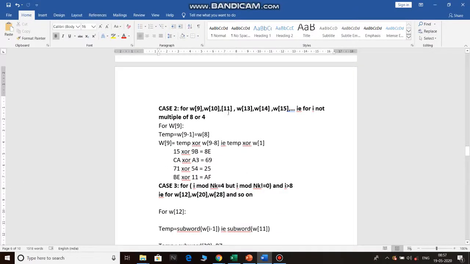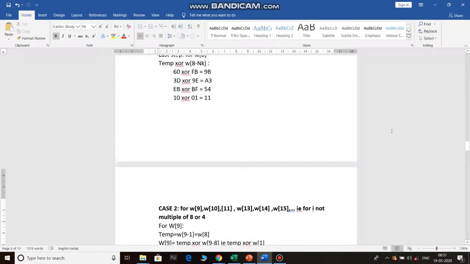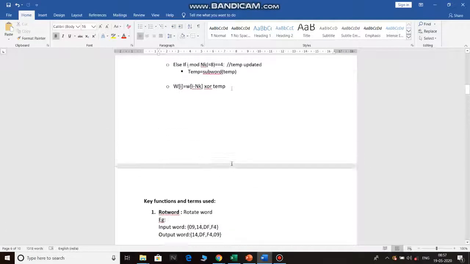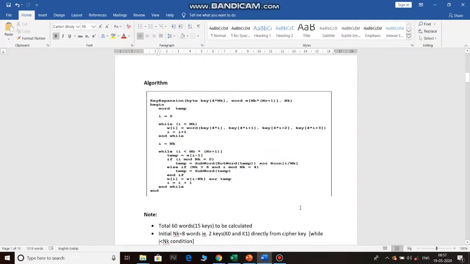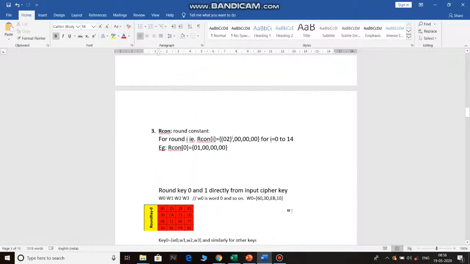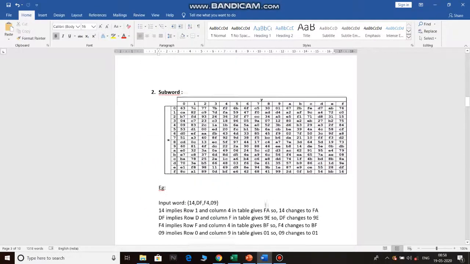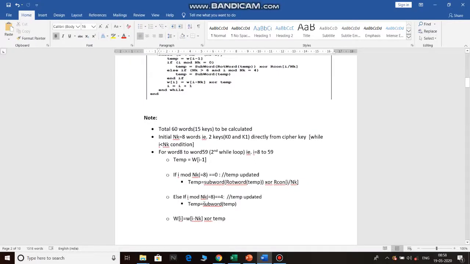Similarly W16 will be calculated from W15 and so on. And now for the case of W9, W10, W11, excluding W12, then W13, W14, W15, that is where I is neither a multiple of 8 nor a multiple of 4. How this is to be done, if we see from the algorithm over here: if I is a multiple of 4, that is I mod Nk, I mod 8 is 4, but I mod Nk is not equal to 0. Then in that case